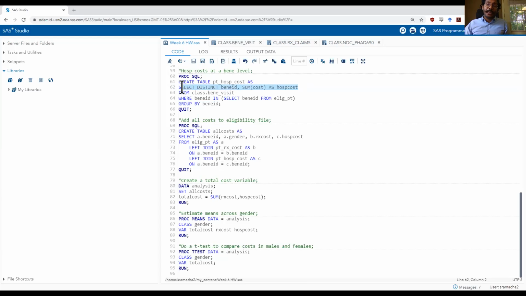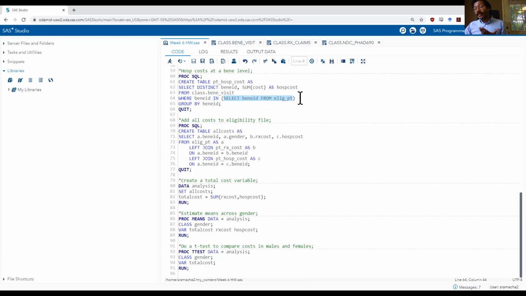Now that should be what I need, but remember, I still need to subset my data set, and only have the individuals that are actually eligible. There are multiple ways I can do this part as well. What I've chosen to do is include a where statement here, to subset my Benny_visit data set so that I can delete all the individuals that are not eligible for my final file. In my where statement, I've said where Benny ID, which is the variable in the select statement, should be present in, and I've used the in command, the variable Benny ID from the file elig_pt.